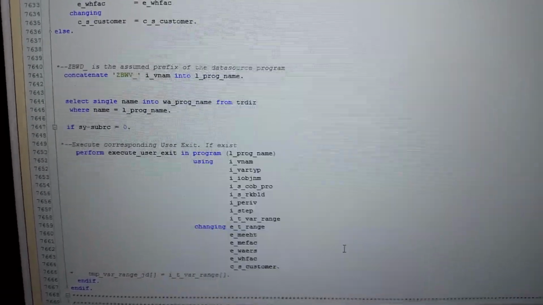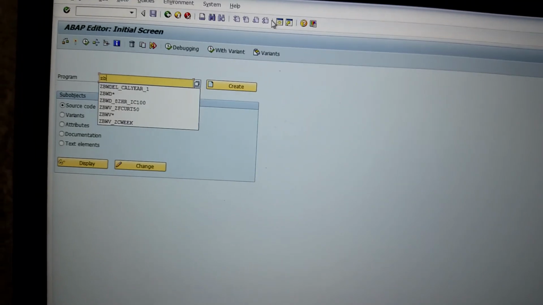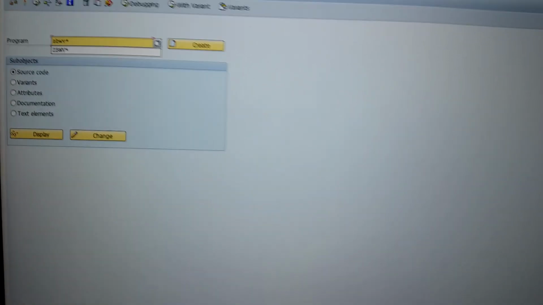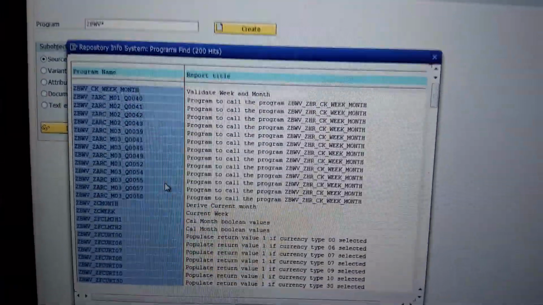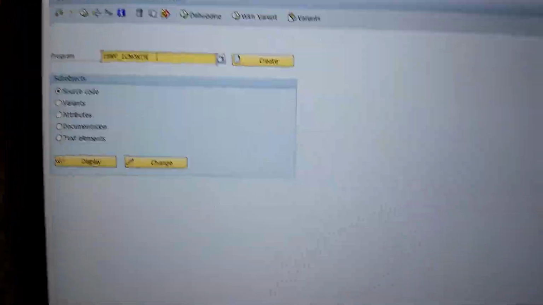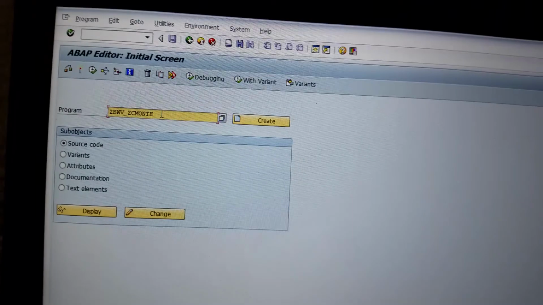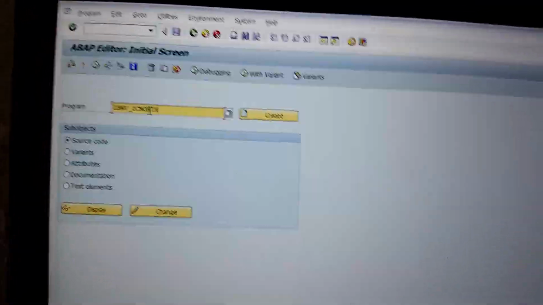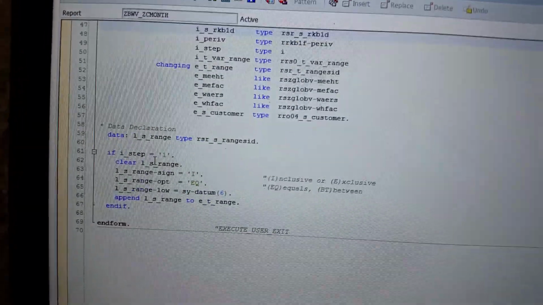Let me show you an example of a variable program. Let me create another session, type in SE38, and look for zbwv star. I'm going to see the user exit code I have written. I have derived a current month user exit variable called zc month. This zc month is used in my query as a selection criteria customer exit variable. You should have a variable called zc month in your query, used on calendar month, and you will create a program zbwv underscore zc month. If you display it, you will write all the logic to derive the current month in this particular program. If you see here, you will be calling this